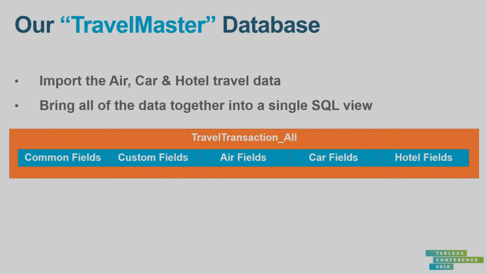So you only need to really store it once. And then you have your custom reporting fields if you set them up. And then we're bringing in the air, the car, and the hotel data. And so it gets to be kind of wide, but at least all of the data is in a single view. And so that allows us to do all of our reporting of the Agencia data with a single view. We don't have to data blend it together and worry about trying to figure out how to join across the